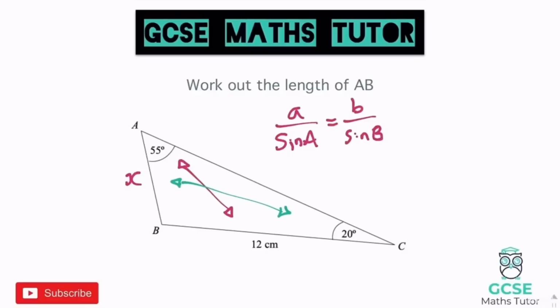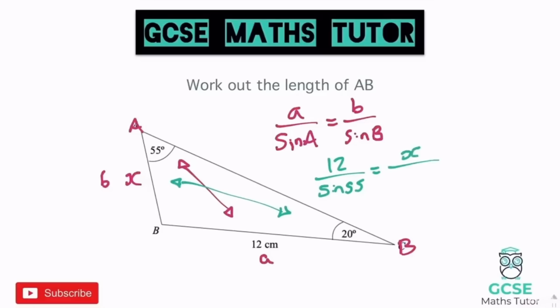Now I'm going to completely ignore the letters that are on the actual triangle itself. I'm going to label this angle A, which it already is, and this side little a opposite that, and then this angle B, and the one opposite little b. And all I need to do now is stick all the numbers into the formula. So let's have a look. A is 12, so it's 12 over sine the one opposite that, 55, is equal to b, which is our